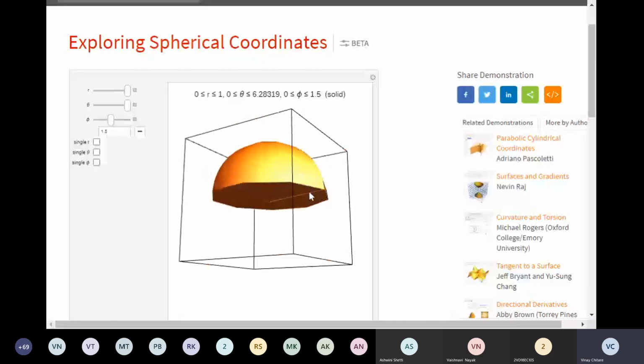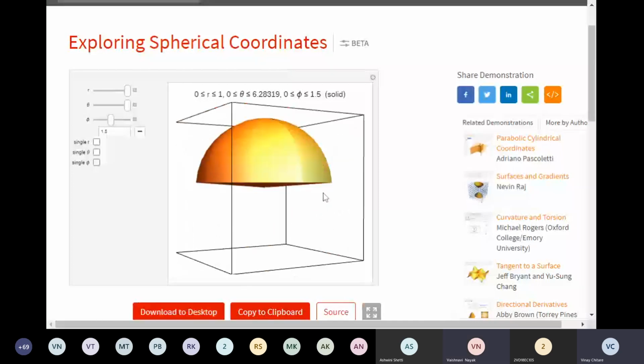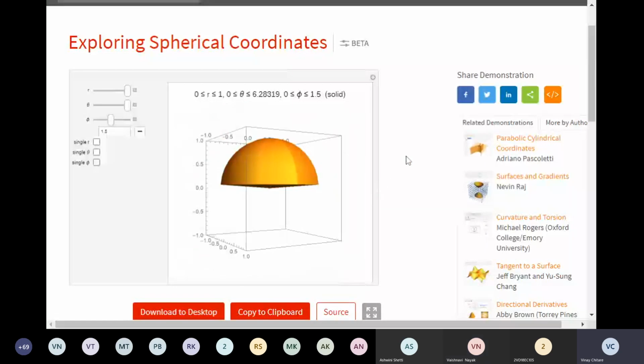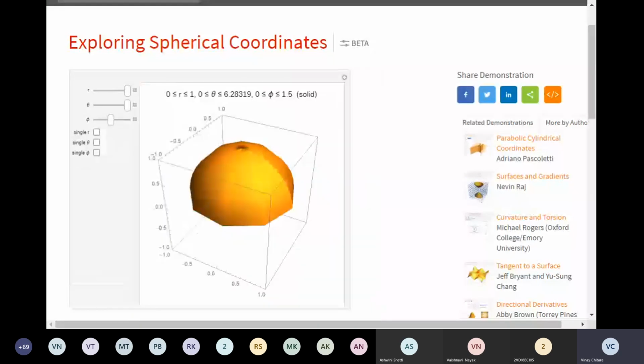Can you see this? Yes, sir. So if you want to form a hemisphere, we need our phi, I'm speaking with our convention, to go round and round. It should complete 0 to 2 pi, and the theta should vary half. The actual variation of theta is 0 to pi, and if you want to have a hemisphere, it should be from 0 to pi by 2. That is what is indicated.